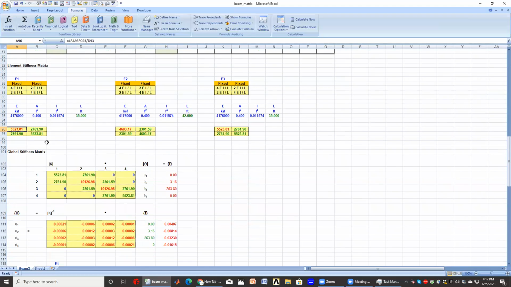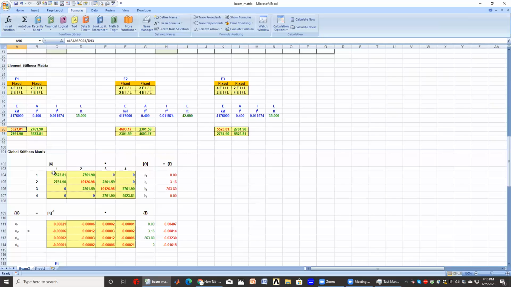Once I establish those local stiffnesses for each element, or for each span, I want to combine all of them into one global stiffness matrix that represent the full stiffness of the structure. Basically, I'm solving an equation which says that the stiffness matrix of the system multiplied by the unknown rotations at the supports will equal the forces or moments acting on that system. How do I establish this